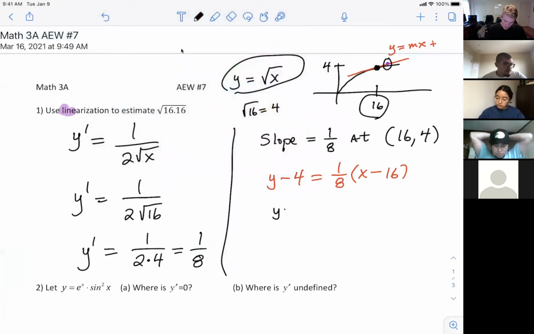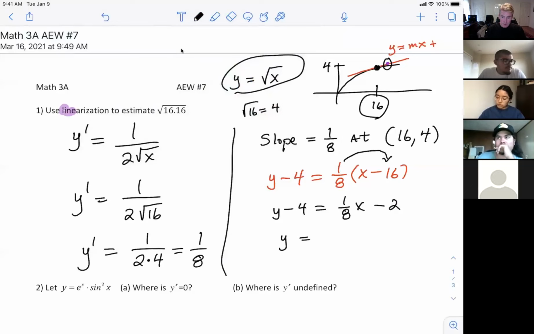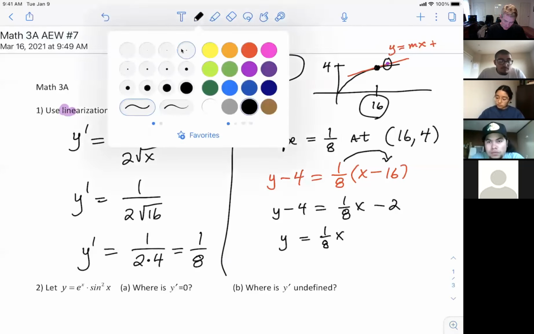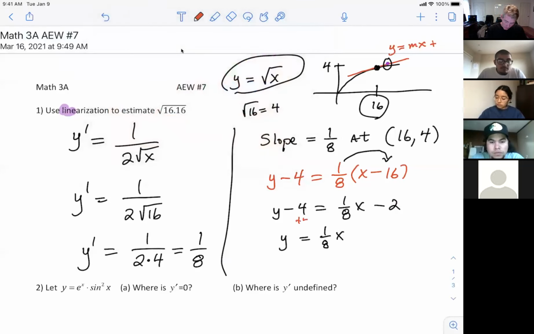And let's see, so on the right side, if you distribute the 1/8, that will be 1/8 x. And then when you distribute it over here, it's going to be 1/8 of negative 16. Well, 16 divided by 8 is a 2, so it's going to be minus a 2. And then to solve for y, just add 4 to both sides. So it's going to be 1/8 x. And then if you add 4 to both sides,